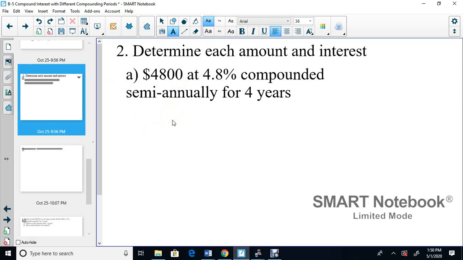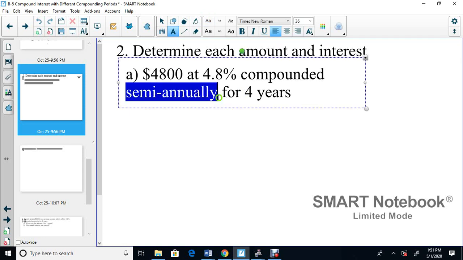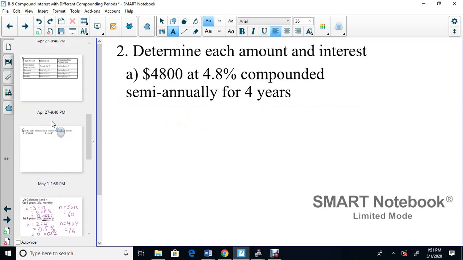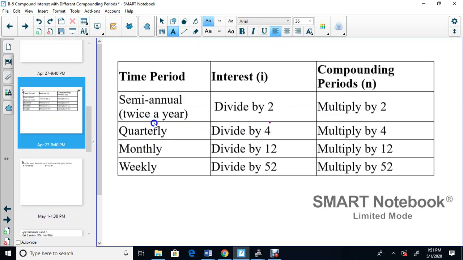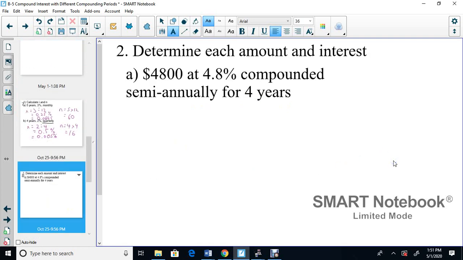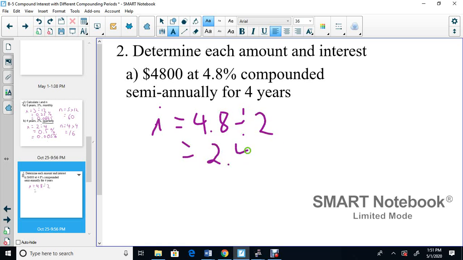So we have $4,800 at 4.8% compounded semi-annually. It means twice a year. So if we go to our table, semi-annual, let's see what we do. What is our factor? Semi-annual, twice a year: divide by 2, multiply by 2. Let's get our I first. So I equals 4.8% divided by 2. So that's like 2.4, which is